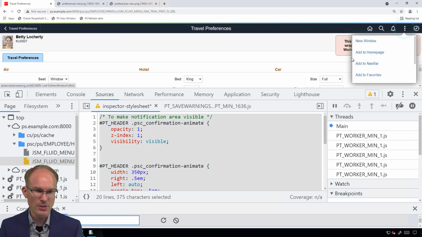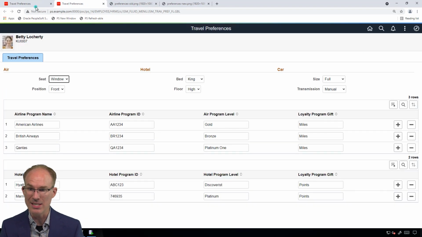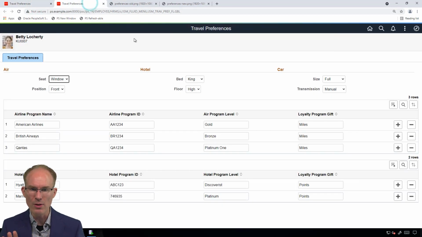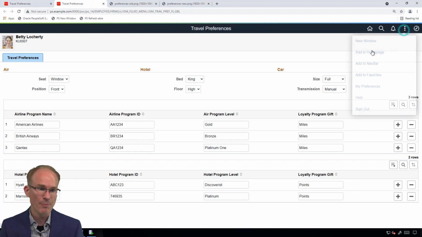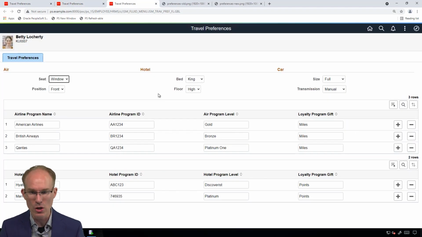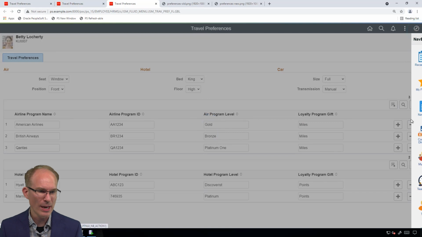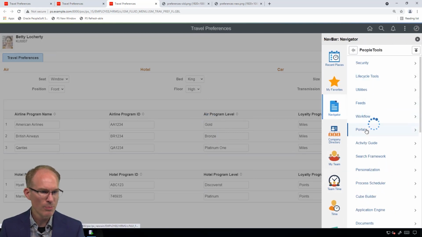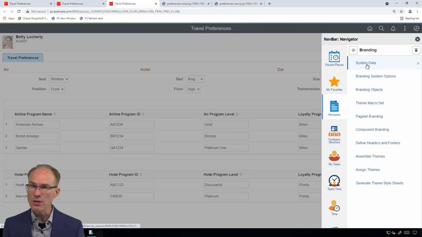So in a new window, because I'm actually kind of afraid, I like the CSS that I have here. And if I refresh this, it's gone. So in a new window, let's keep this one here so we can do our refreshes here. And in yet another new window, let's go to the branding module. So PeopleTools, Portal, Branding. Now, if you're using the attribute-based branding module, and of course you want to avoid any sort of customizations,